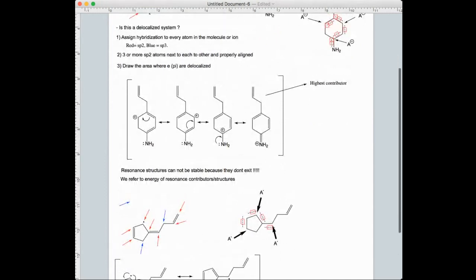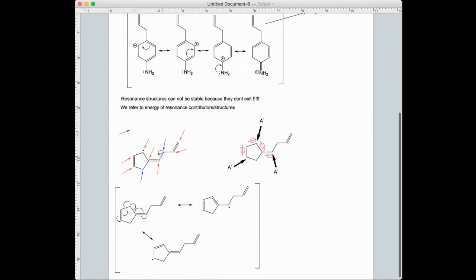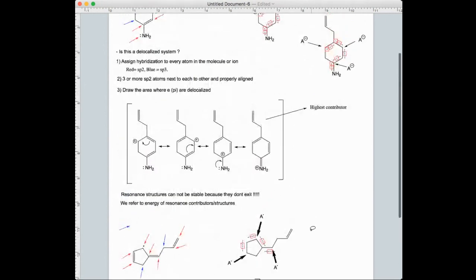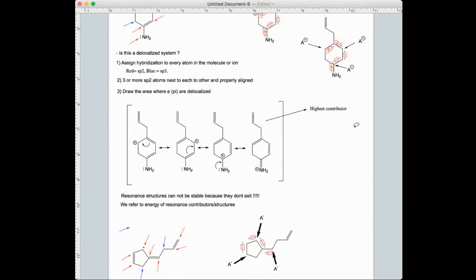If you have carbocations or carbanions, always use a full arrow because you're flowing 2 electrons from pi bonds or lone pairs. If you have radicals, always use half an arrow because you're indicating the flow of just 1 electron. I cannot emphasize this enough, okay? When you talk about energy of resonance structures and significant contributors, you never mention that resonance structures are stable, because remember, none of these structures exist. The real thing is just a hybrid of all of them.